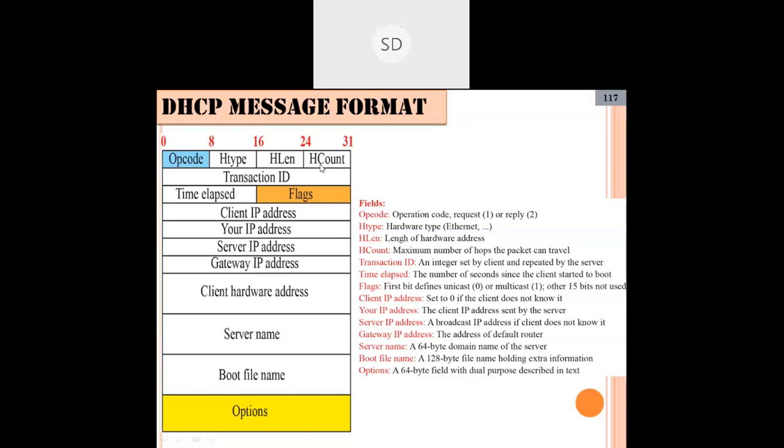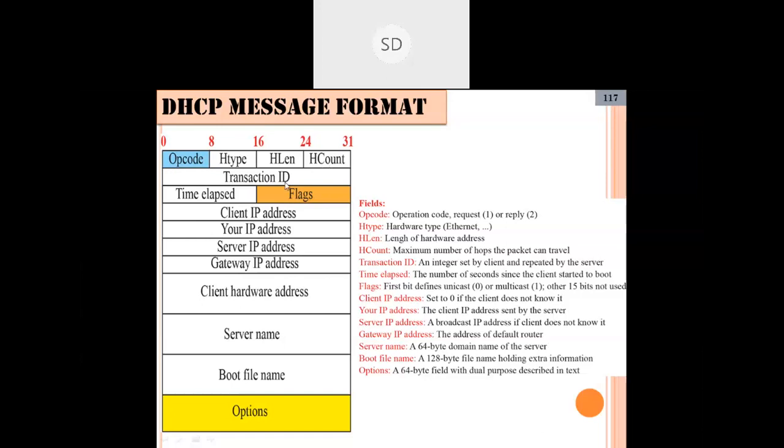In the last class we have seen, suppose a packet has to transfer from one switch to another switch, or one switch to another host. It has to select a path, right? So the maximum number of hops that packet can travel will also be specified. Up to that point it can travel; after that it will be discarded. So that information will also be in this DHCP message format.